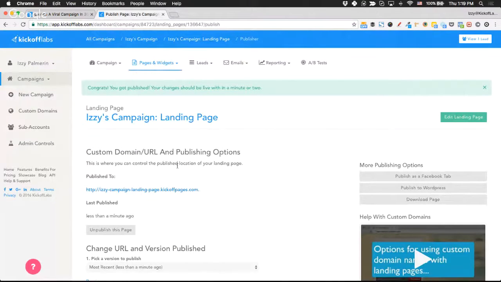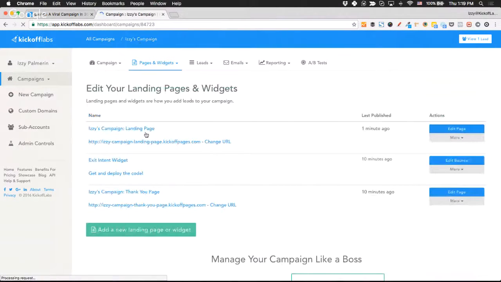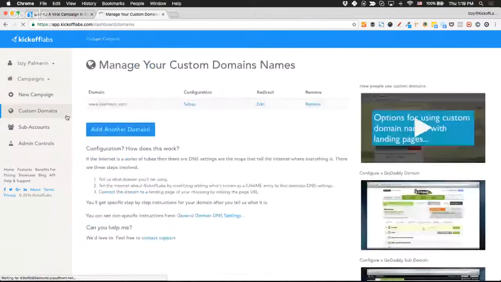So to change the domain to a custom domain, let me show you how to do it from the dashboard itself. Let's say I was looking at the landing page and I wanted to change the URL. The first thing that I need to do is make sure that I add the custom domain to the custom domains tab. So I would just click custom domains, and I would add a domain name. Currently, I have my own personal domain added, but you can add your own custom domain. You can add a subdomain. You can add prelaunch.mycompany.com, or you can add signup.mycompany.com or www.mycompany.com. You have a lot of options.